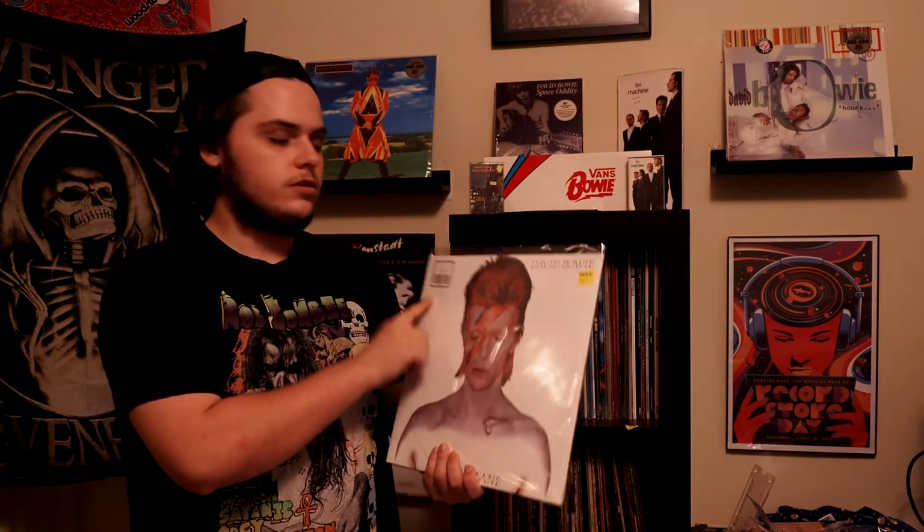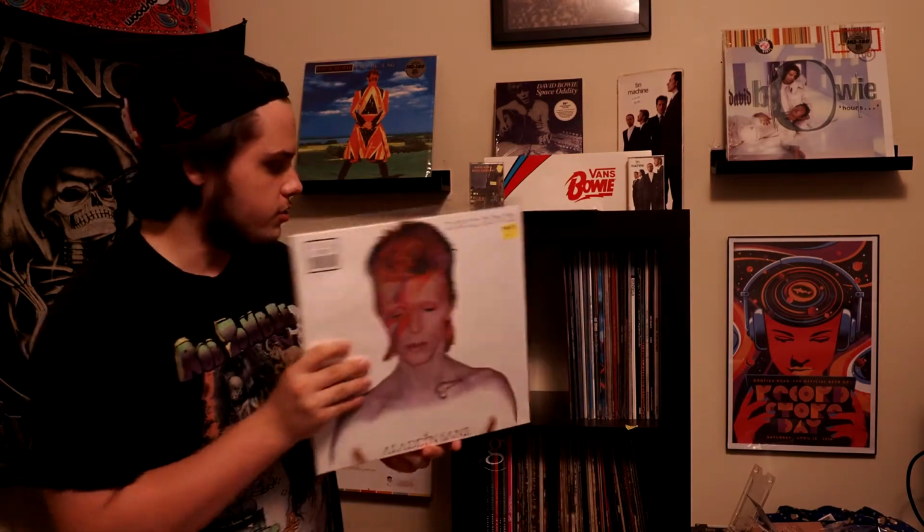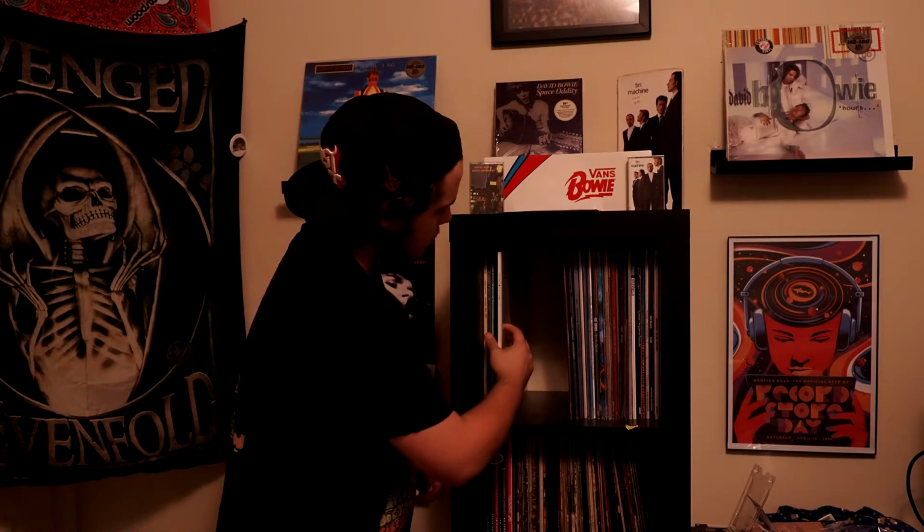And this is the 45th anniversary silver vinyl edition. So, fantastic album. This one was actually more of a recent pickup. I got this while I was out of town, helping during